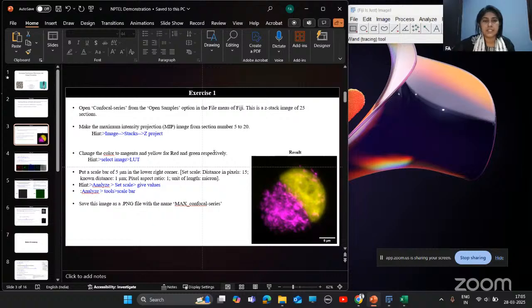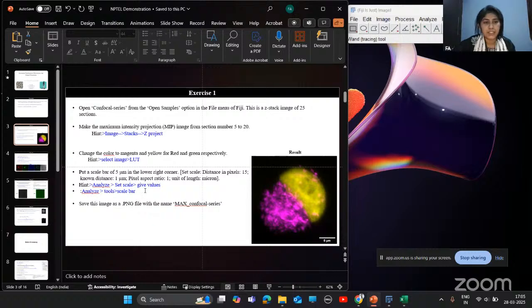Okay, so for this exercise, what you need to do, you need to open one image which is present in your ImageJ software with the name confocal series. For this image, you need to create a maximum intensity projection image, and then you have to change the color of different channels, and then you have to put a scale bar.